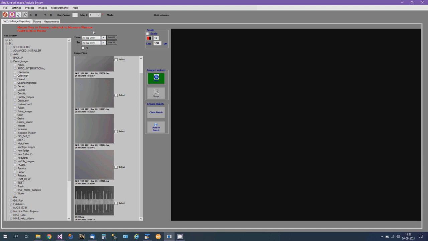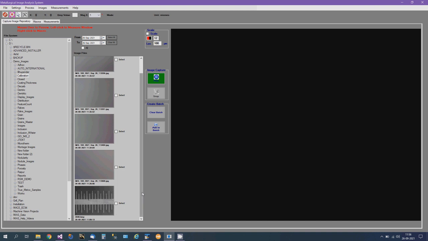If you want to open an image, you need to select this, because the software always expects a calibration or a magnification selected for opening an image. If you have not selected any magnification, it will give you an error or a warning message that magnification not selected. Which is why before you do the calibration, you will see only 1x here, and you always select that 1x for each image that you have captured for the master scale.